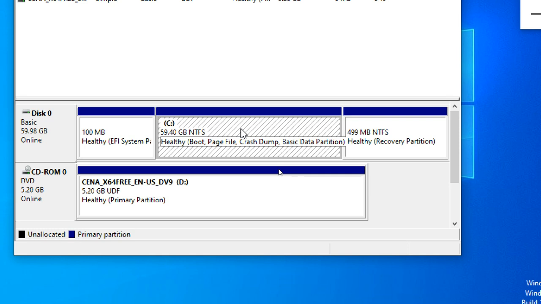Okay, so the next one is this 60 GB disk, but I wanted some partitions. While I was installing the operating system, I didn't do partitioning. I can do it, but I didn't.